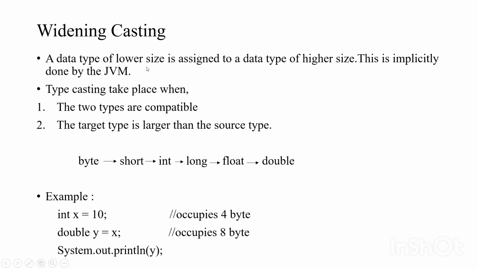A data type of lower size is assigned to a data type of higher size. This is implicitly done by the JVM. It means the data type which has the lower size is assigned to the data type of higher size. And this typecasting takes place